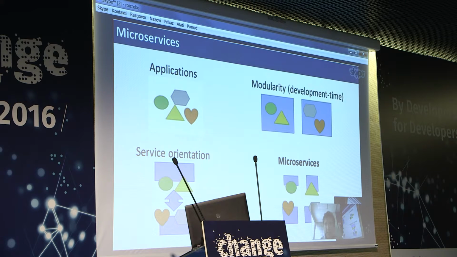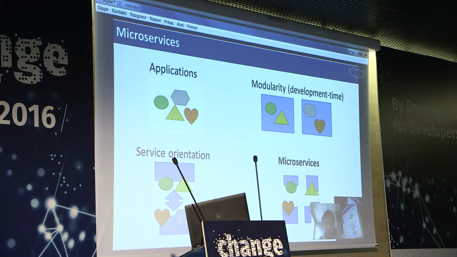Now, this slide tries to summarize those concepts. If we look at the application, which consists of several functionalities, meaning several services, we have here, on one hand, modularity at the development time, which means how we organize modules in the integrated development environment tool and so on.